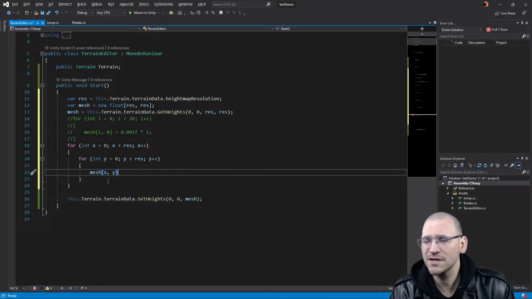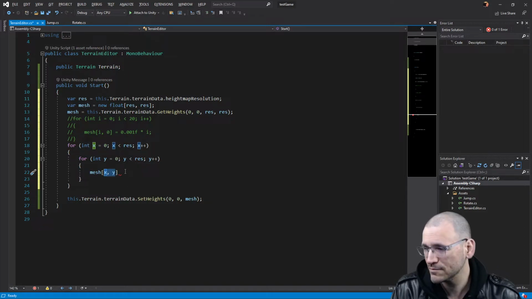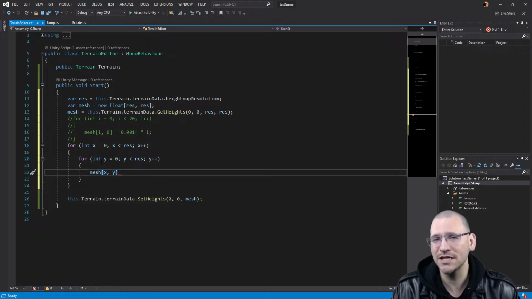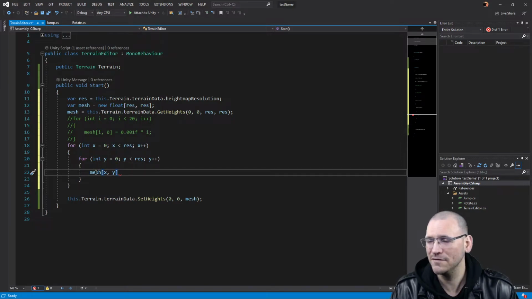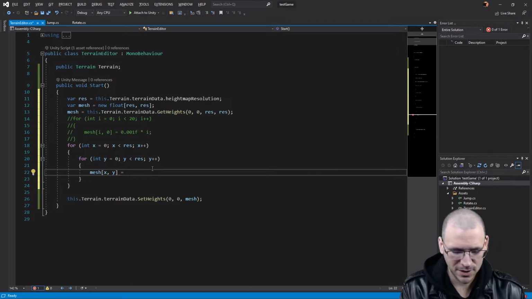And I suppose one thing that you could do is when you're manipulating this, you could just swap the x and y when you're setting these values and treat everything else as you would expect the x and y to work. The big point is at one place you have to switch the x and y value. Okay, so mesh x, y equals, and now we're going to say